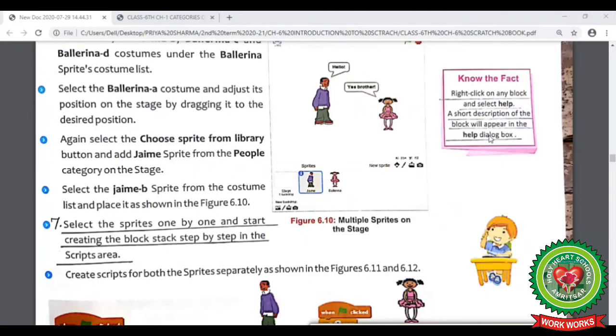Now look at the second know the fact box where steps are given. To open help dialog box, right click on any block and select help. In short description of the block, you will get help dialog box. Let's see it practically.